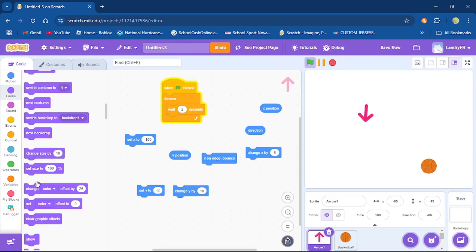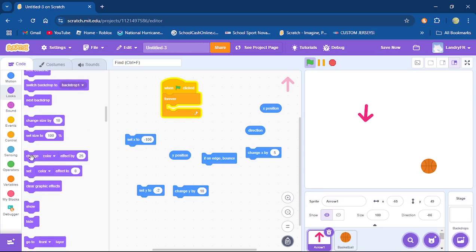Now, if that's set size, like we said, setting something is just going to automatically put it there forever. So if I put this here, set size, and hit this, it's just forever going to be there. You couldn't change it even if you wanted to. I could come down here and try to change it physically, but guess what? It's going to go back to 100 because that's what I told it to do. But if you change size, let's say I want to change size by 1 because 10 would be too quick, and I put it in here, it's going to just grow forever. It'll soon take up our entire screen. So you can see the numbers growing by 1 every second. That's the difference again. So we'll just set that back to 100.